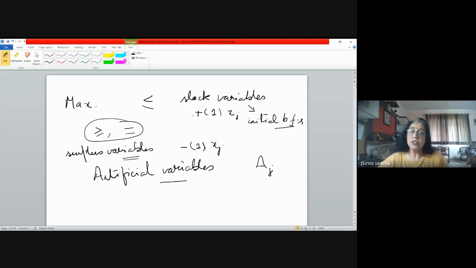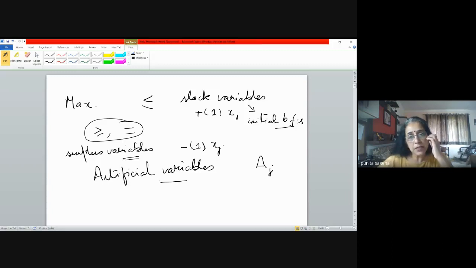So they need not have a physical significance, but they definitely do have an economic significance. But artificial variables have no significance at all, neither physical nor economic, but still we need them. Like friction for physics people, we need it to solve the problem, in fact to begin with the initial basic feasible solution.